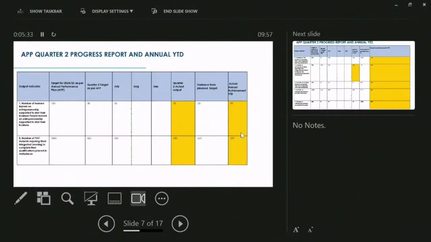We can move to the next slide. The next table just reflects the indicators that we normally advertise every time we have a window. We have programs or interventions that focus on training learners on entrepreneurial skills, because we believe that as a society or as a country, for us to grow the economy, we need to invest in SME development. That's why we have an intervention where we train learners on how to start businesses.